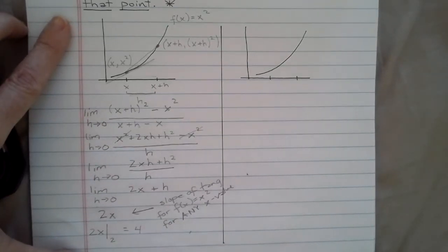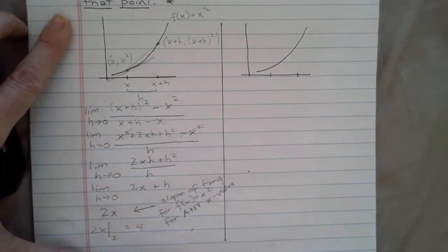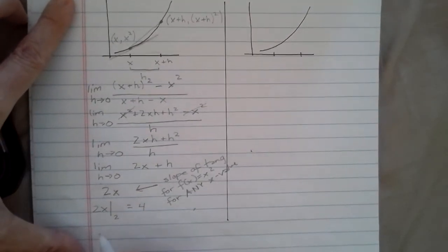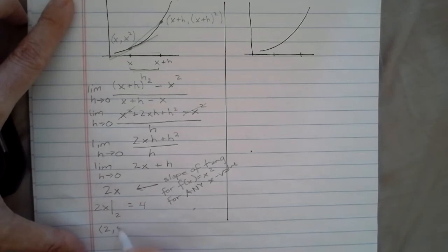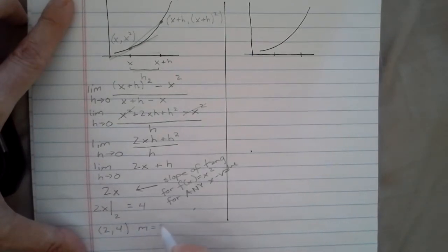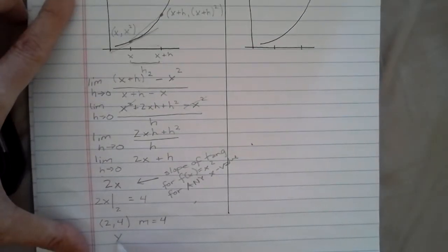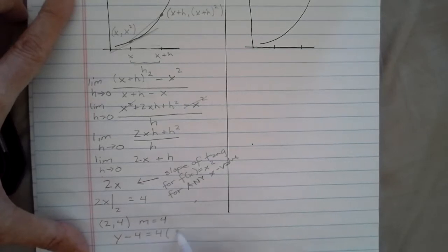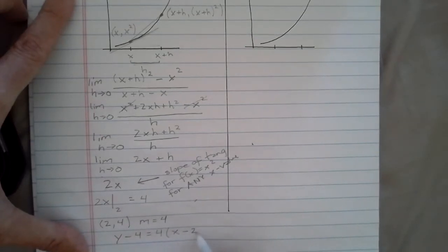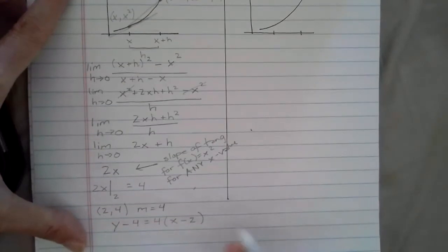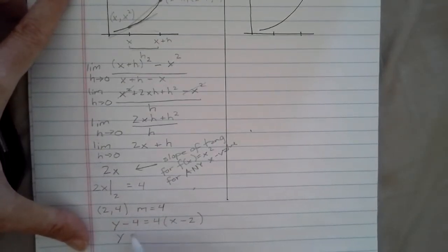So now we know we've got the point on the graph, and I'm going to slide this down. The point on the graph was 2,4. The slope was equal to 4 at that point, and so the equation of the tangent line is y minus y1 equals slope times x minus x1. And you could leave it at that, or if you wanted to check it in your calculator, that's a minus